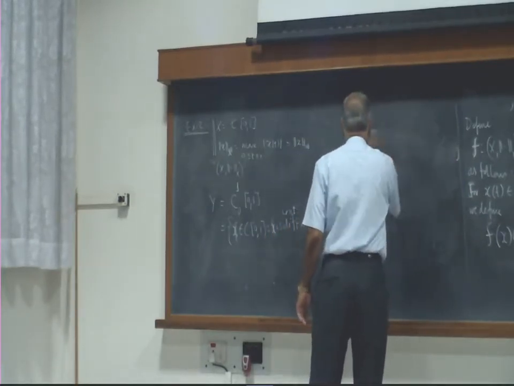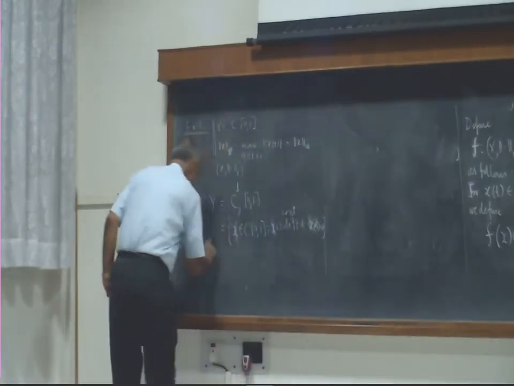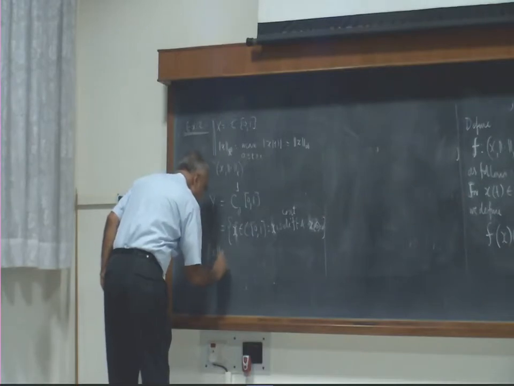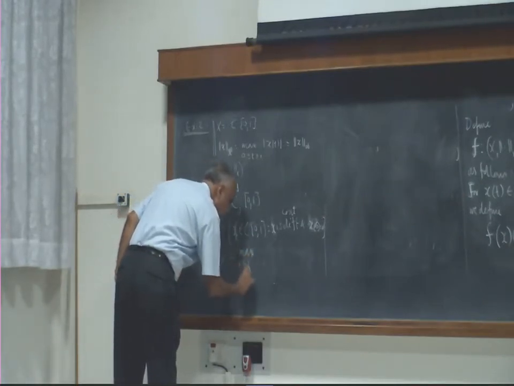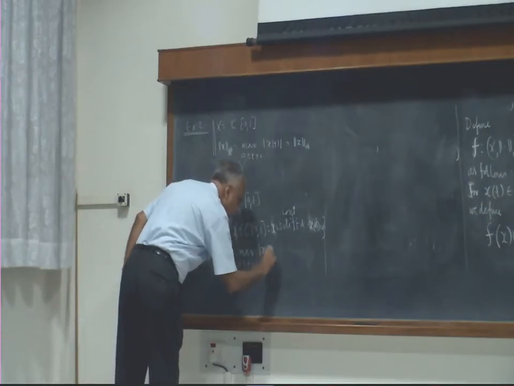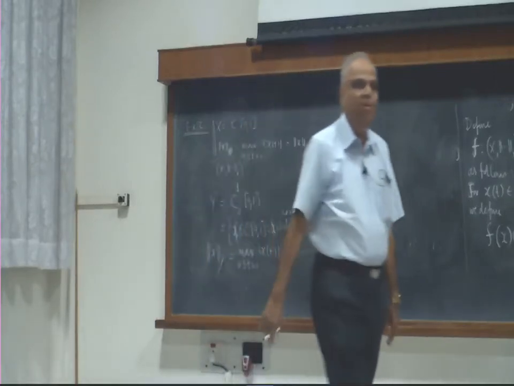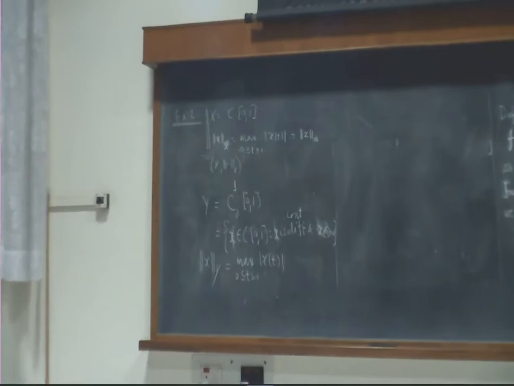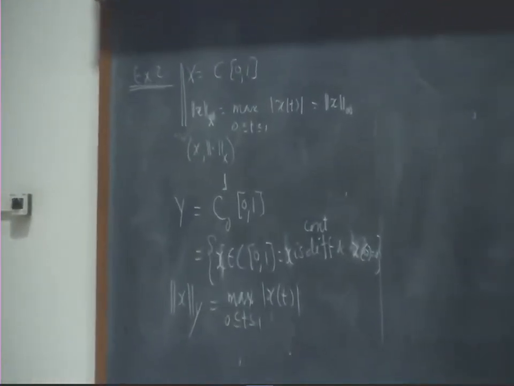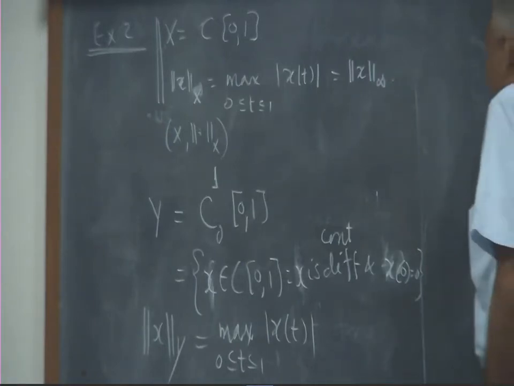What I am going to do is define. So what is the norm here? Norm of x in the y space is again the maximum over 0 less than or equal to t less than or equal to 1 of mod x(t). Because after all they are part of the big space, the same norm will work here also. That norm was a norm in the whole space. That norm measures the length in the whole space, so even the smaller part it will measure the length. So the same norm I am going to use, but the set is different.